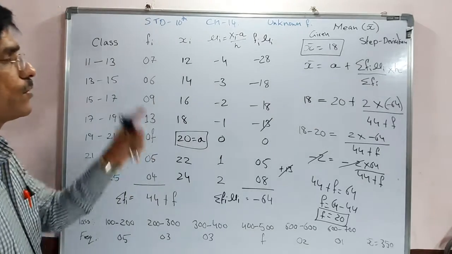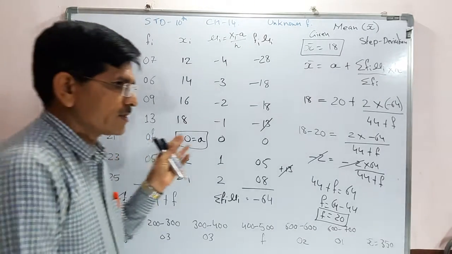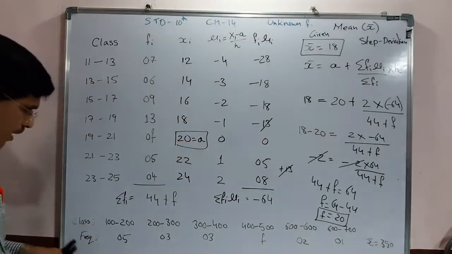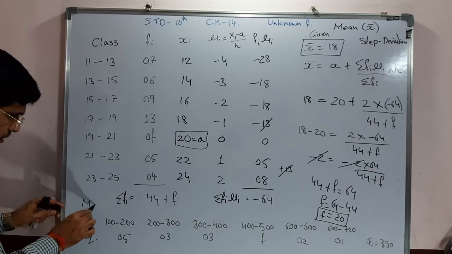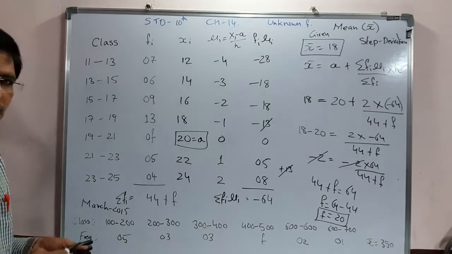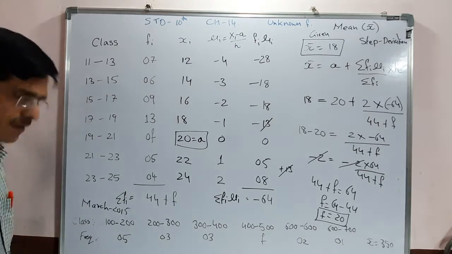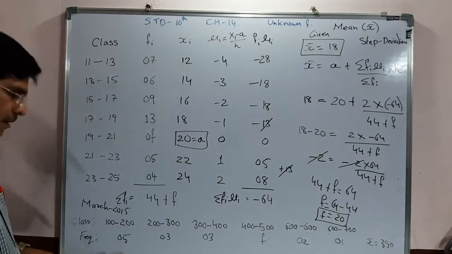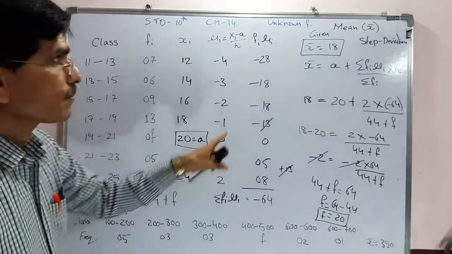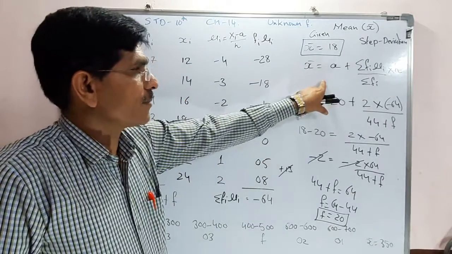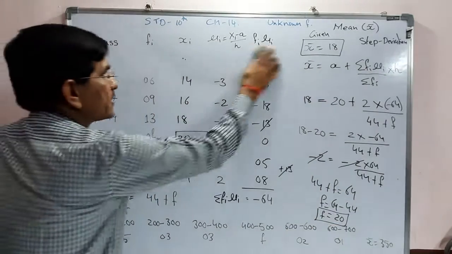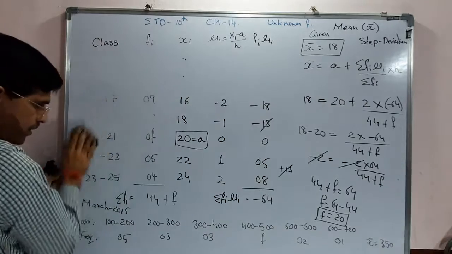It is exercise 14.1. I think question number 6 or 7 or 8, something like that. So the same question, from 2016 or 15, is the sum that we have to discuss now and get the answer. So again I am explaining class, frequency, xi, ui, fi ui. Use the step deviation method and we can get the answer. So one more sum we have to discuss here so we can get proper understanding.